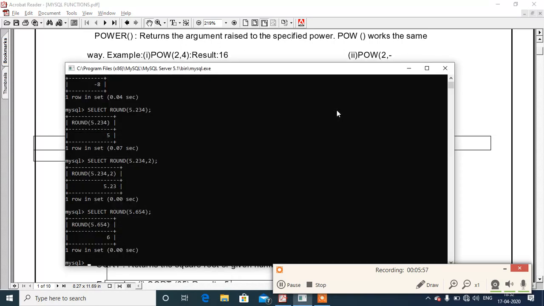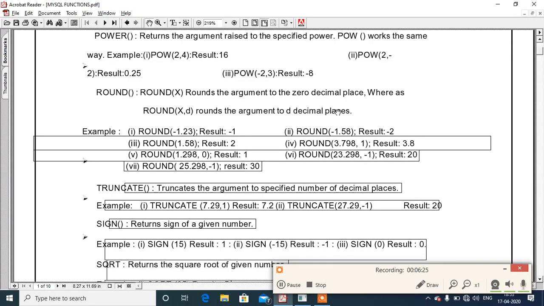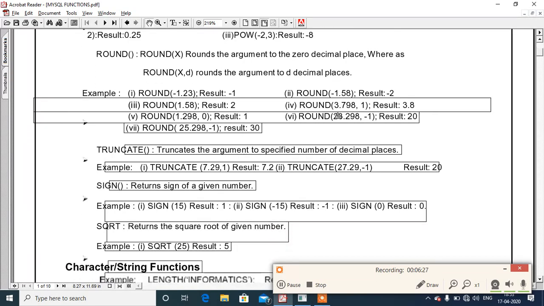For example, if we write select sign bracket -5, we will get -1 as a result. -1 signifies that the sign of this number is negative. And if we write select sign bracket 5, we will get 1 as a result, it signifies that the number is positive.